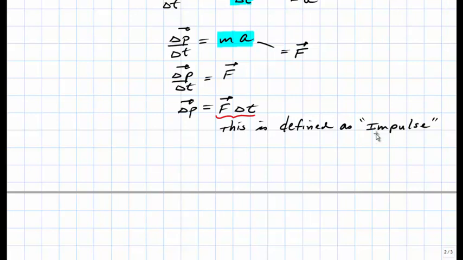Now, we use the word impulse because generally we assume that the time of contact during a collision is small. So when two objects interact through a collision, the collision takes place over a very short amount of time, and